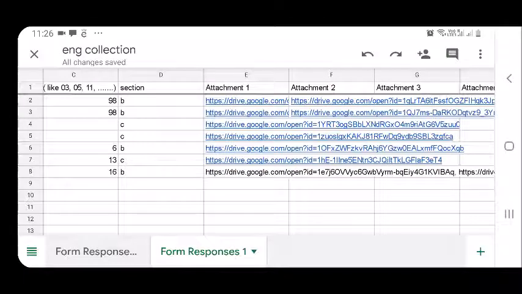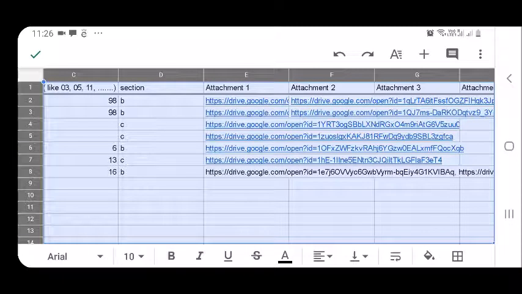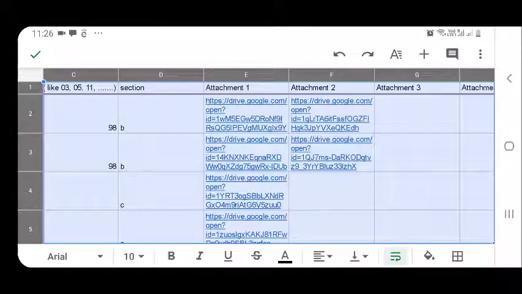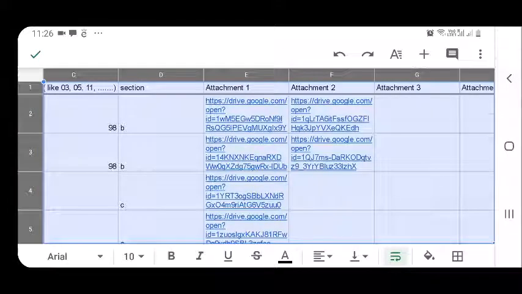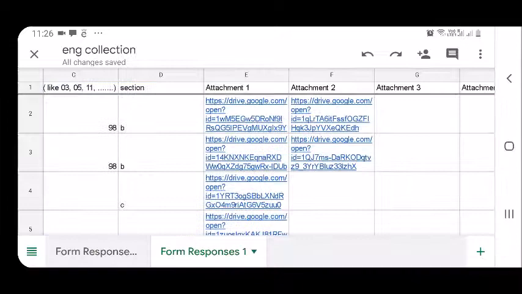So this is my Google Sheet. Now this Google Sheet is looking a little messy. So let me arrange it a little nicely. I'm selecting my entire sheet. I get several options at the bottom. I will choose the text wrapping option at the bottom. Now it is looking much better. Now click on back so that you can come back to your Excel sheet.